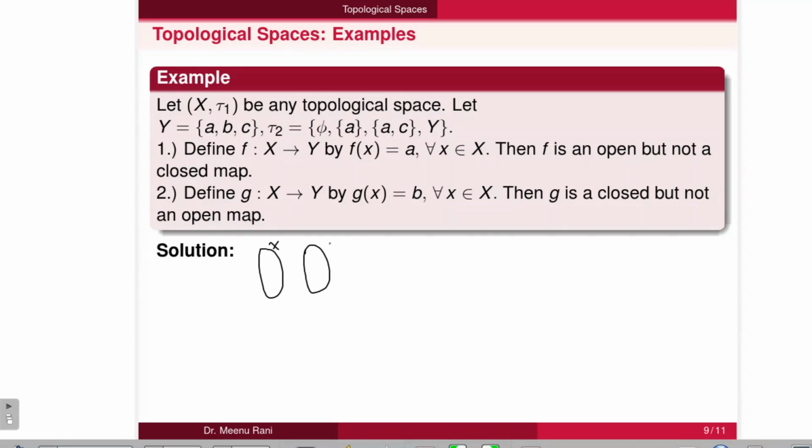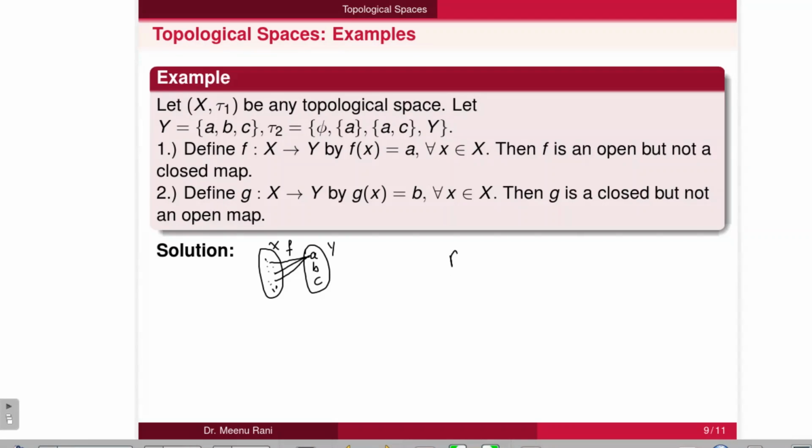So if X is a set and Y is a set which is containing A, B, C, so these are the points of X, all are mapping to A element. It is a function here. Then F is an open but not a closed map.